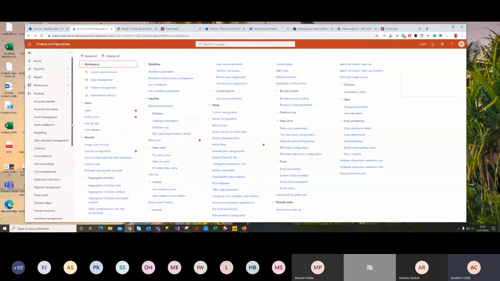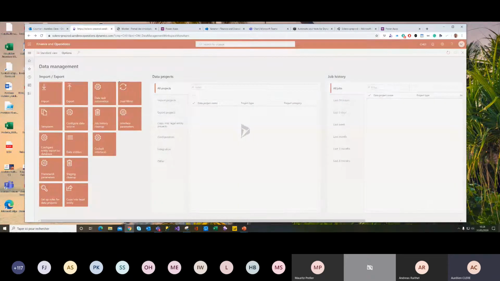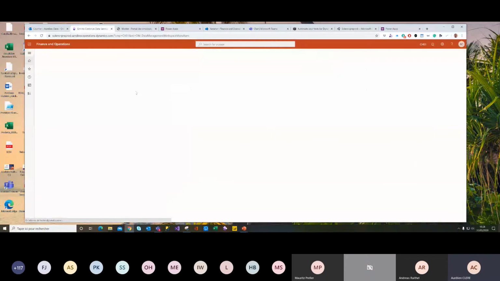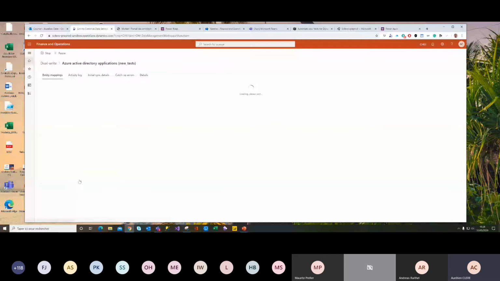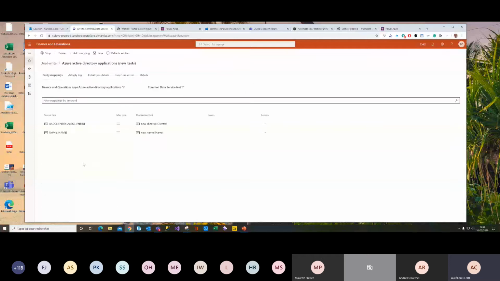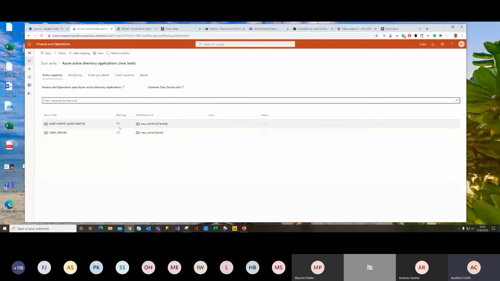If I go back, I can also show you I've done a quick, really custom entity mapping that was not there at first. It was just a quick example. I used one data entity and I wanted to sync it to a CDS. As you can see here, it's completely a new one. You can create a new entity mapping, create a new entity in CDS and sync every field you want. So really you can sync every data entity in finance operation.